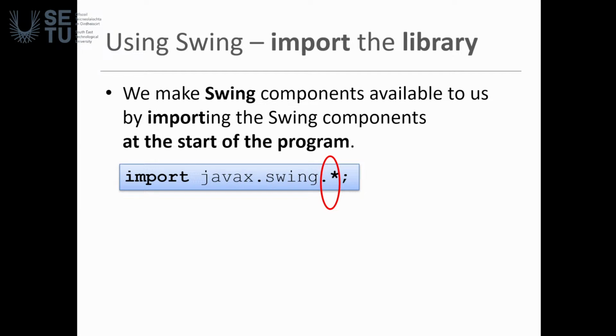So we import it because it doesn't come in as standard. We have to tell our code, I want to use that library. And when we tell it we want to use that library, then it imports it into our code, and we can use any of the classes that are in that library. So we make Swing components available to us by importing the Swing components at the start of the program. So we can see here that we say import,